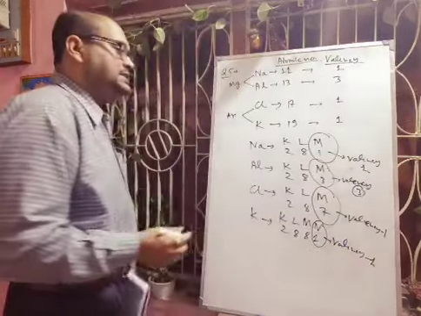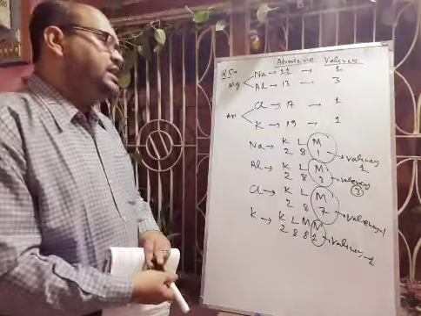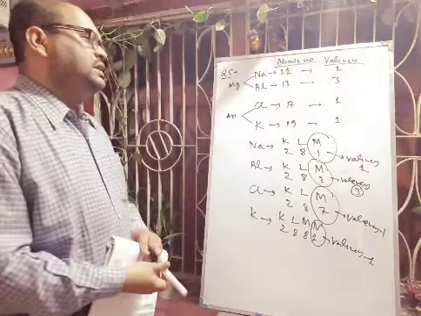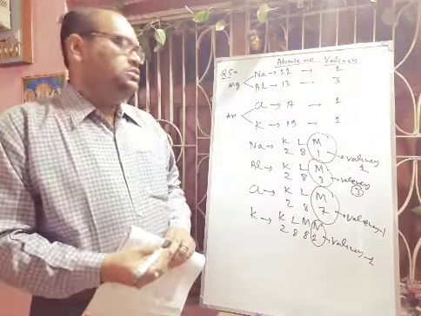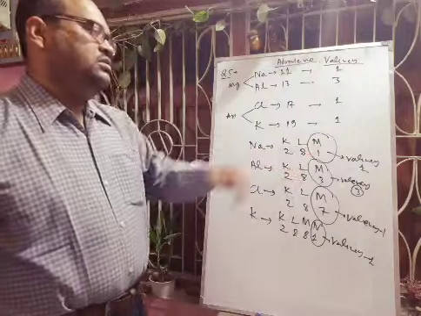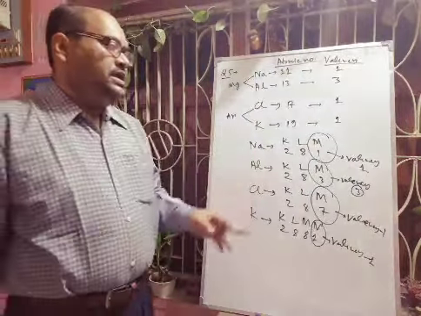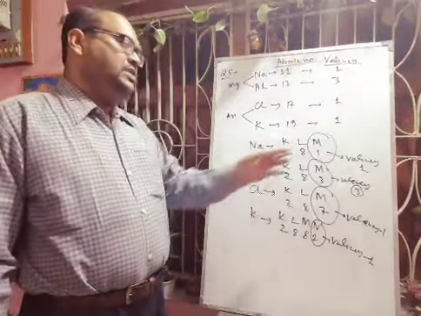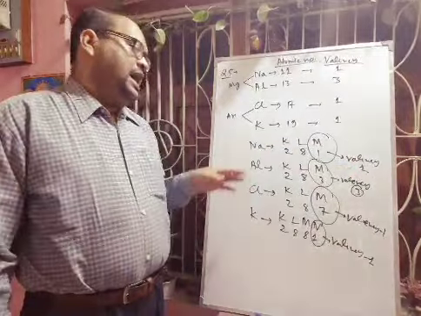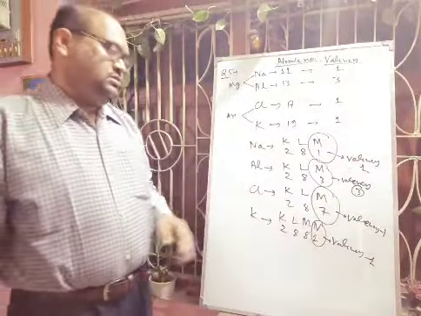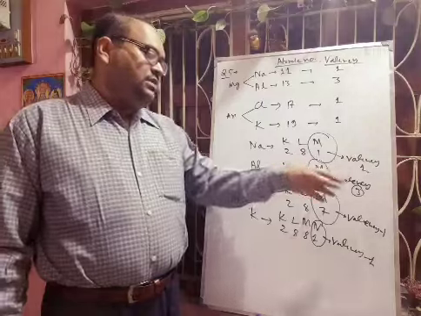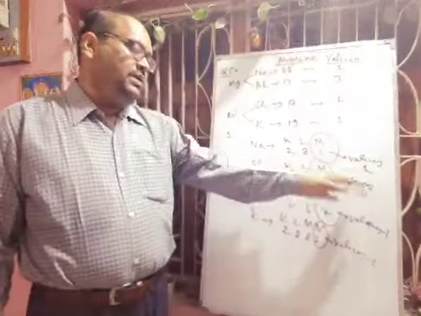Now what is the explanation here? Actually sodium's nearest noble gas is neon. So when sodium loses 1 electron, definitely it will get the nearest noble gas structure. That is why its valency is 1. And aluminium will lose 3 electrons, then it will get the neon structure, and its valency will be 3.